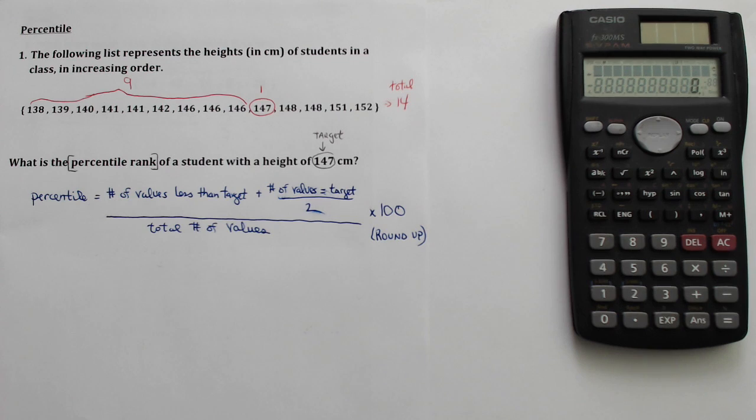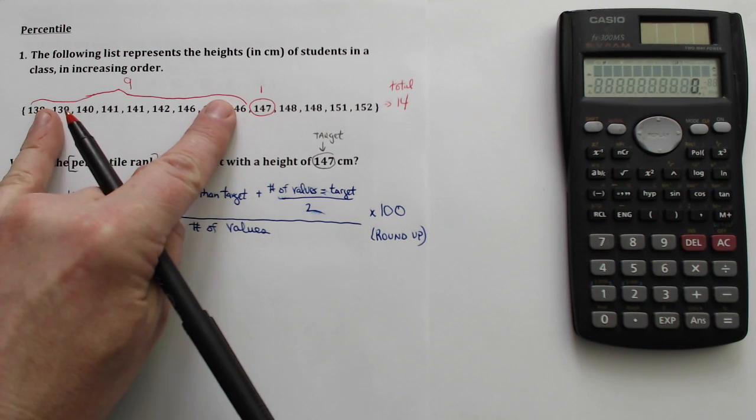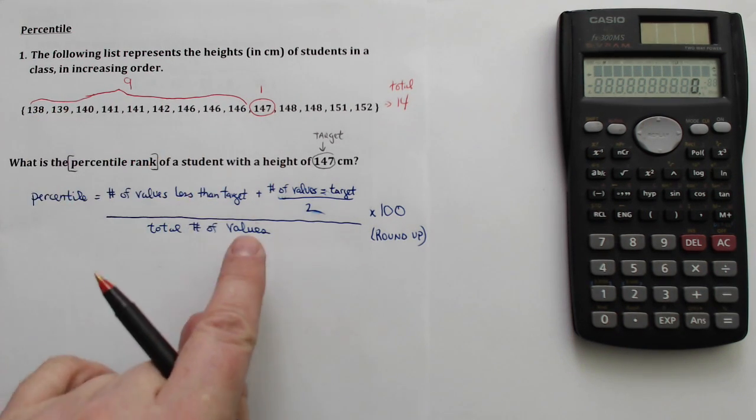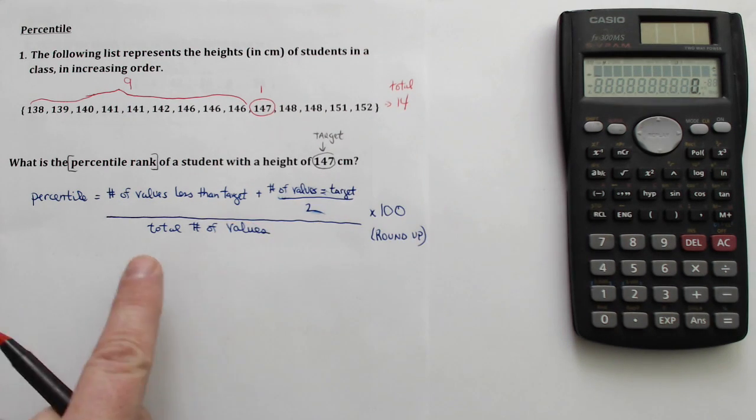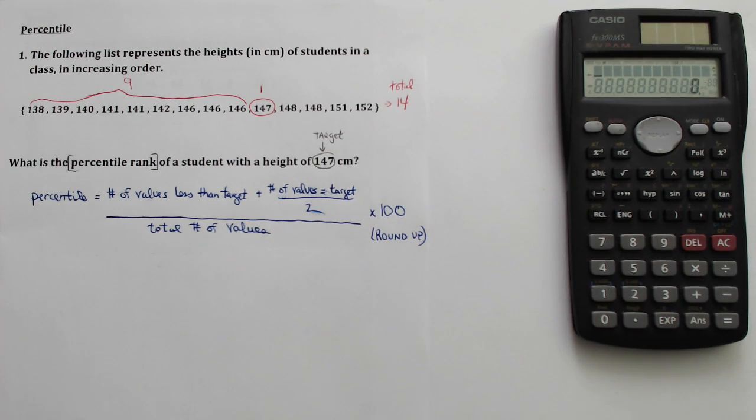So once you know those three numbers, the number equal to the target that we're being asked about, the number less than that, and then the total number, we're going to put those three numbers into the formula and simplify it. So this is what that would look like. Our percentile for this particular question